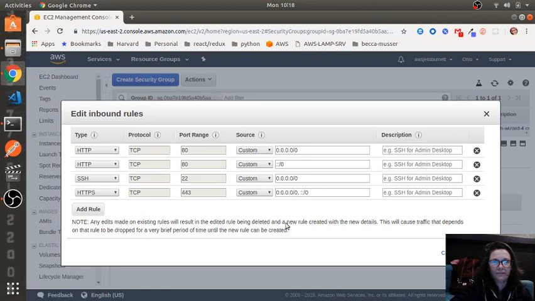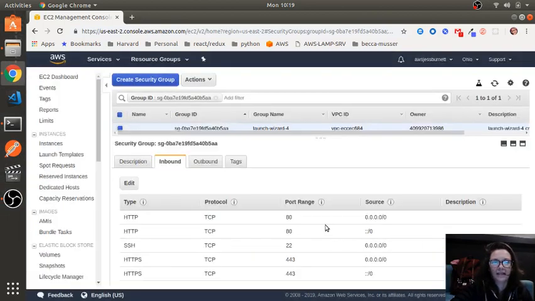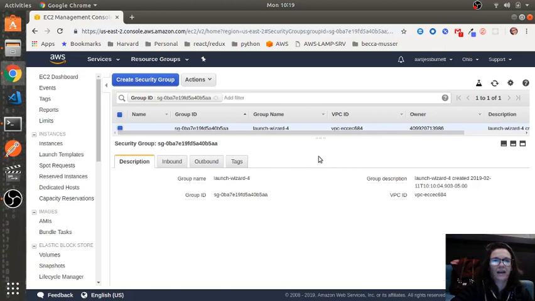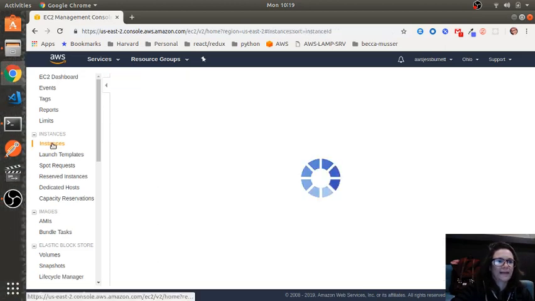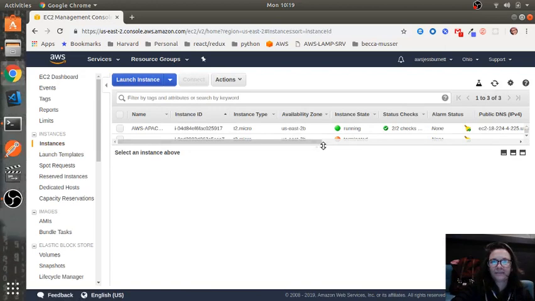If you see there's 2 of them, it's because one's for IP version 4 and one's for 6, so that's why you'll see that. And if you didn't have that set up, you wouldn't be able to hit the IP of the server and see anything. So we'll go back into our instances here